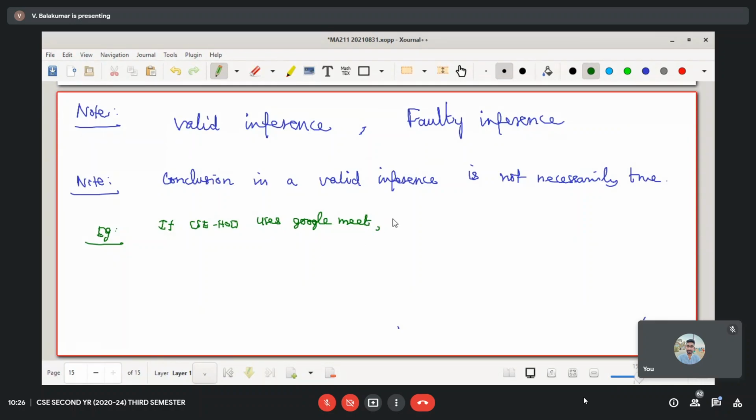Then he is a student. I have written this. Then another statement I am writing, similar to the same previous example. CSE HOD uses Google Meet.